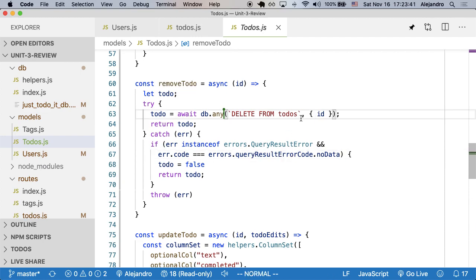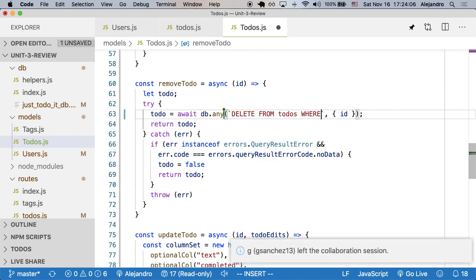Then remove to-do, this is the function. So tell me more about that, Joy. The way it is now, you're not singling it down to the single row. So you need to add the where. Right, so here I'm missing a where clause. If I don't have a where, then I'm not singling out the specific row that I want to remove. Therefore, all the rows are going to be removed, right? So delete from to-dos where